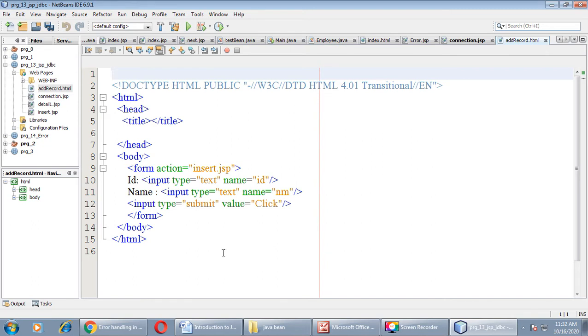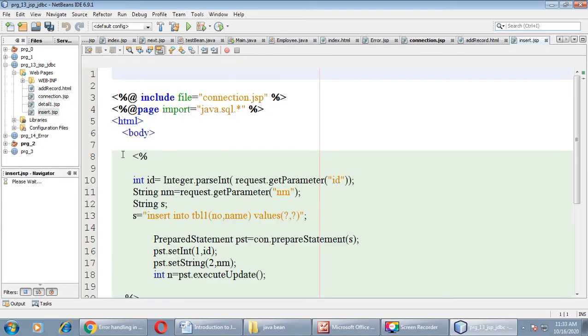Then we need one submit button also. For that I have set input type equals submit and value is click. The action will be performed, that is insert.jsp. So let us see what is the content of insert.jsp.